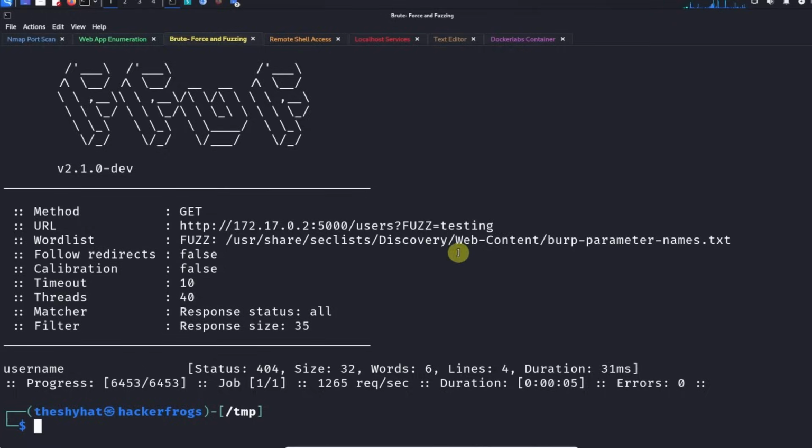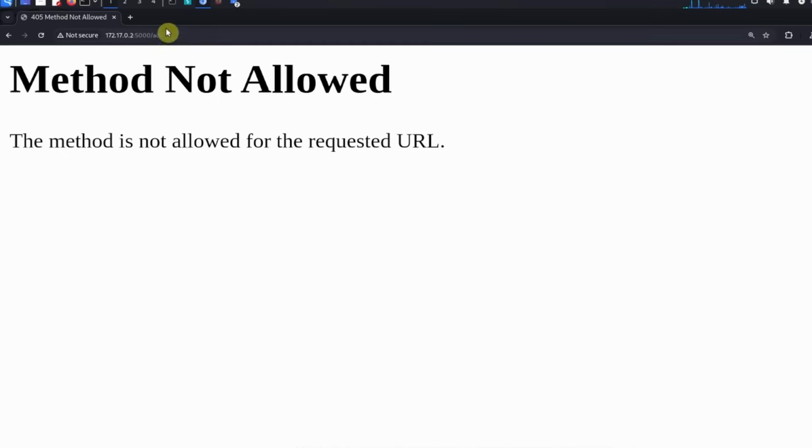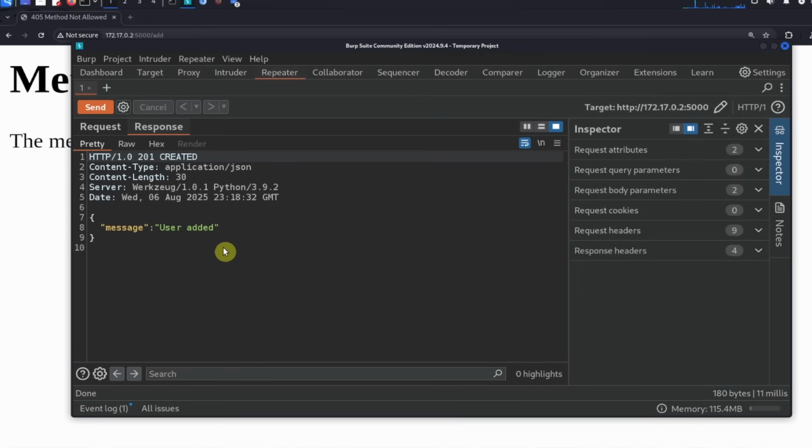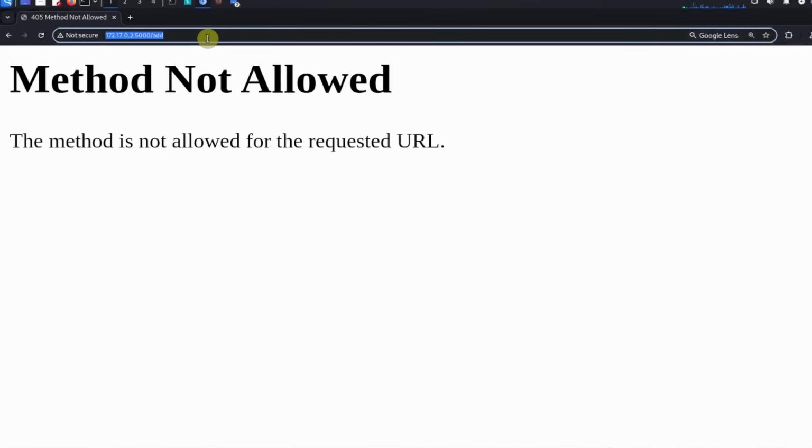Let's go back. So before we fuzz for the valid usernames, what we're going to do is we're just going to see what this request looks like over in Burp Suite. So in Burp Suite, we're going to go over to, let's see, hold on. We need to record this in the web app first. Okay, so let's see. The endpoint is going to be